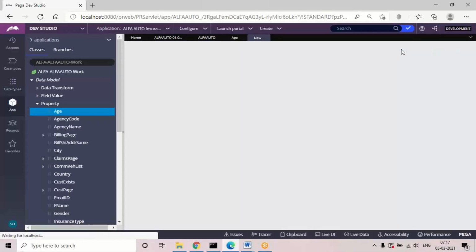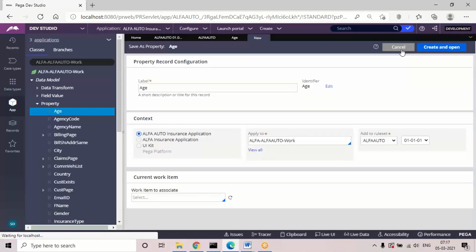When you use the save as option, what is the present version in your application? For example, the present version in my application right now is 010102. Suppose in real time you are currently working under 010105 or some version, but the rule is in 010101.